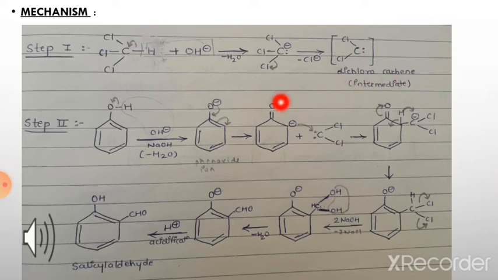In the second step, phenol reacts with OH negative ions from the basic medium. Here, oxygen from OH will attract electrons and removal of H2O takes place. Next, phenoxide ion will form. Here, resonance will occur. As we know, charge shifts as bond and bond shifts as charge. Next, formation of a highly unstable intermediate compound occurs.